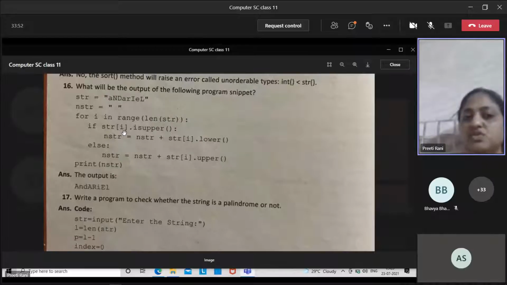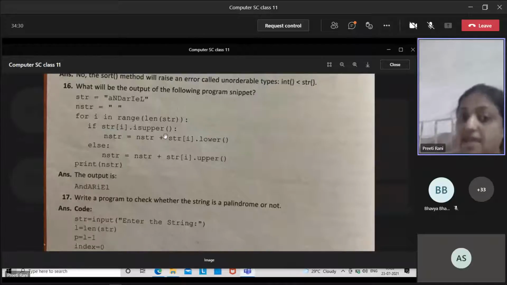So first of all, it is checking at the 0th place of the string. Is this uppercase? No, it is not uppercase. This is a small a, right? So it will go to the else option. It will change that character into uppercase. We are seeing what is the difference between these. If it is written isupper, islower, isdigit, it means it is asking a question. And where is a question asked? In the sense of if. If this portion of the string is upper.